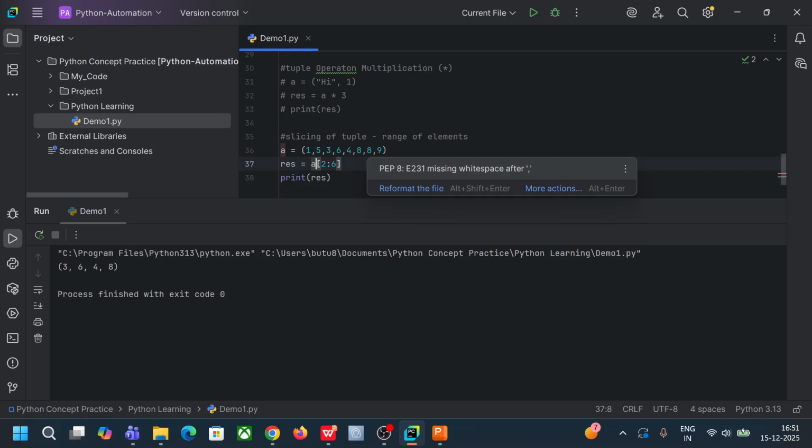That means minus 1. So till 6 minus 1, 5. Till the fifth position it will be checking, right? So that is why we are getting 3 6 4 8. Right, clear on this? Okay,